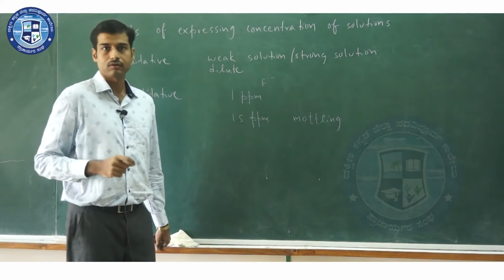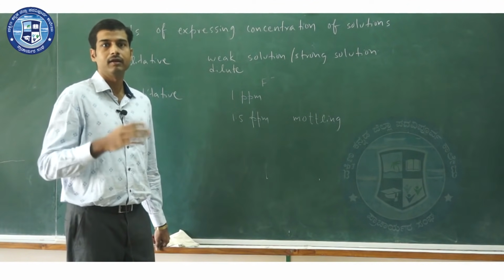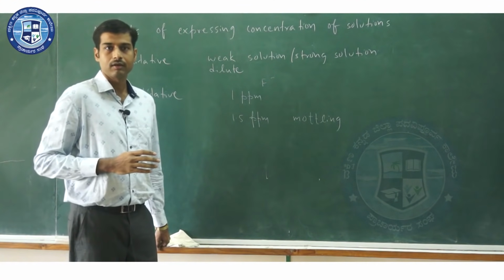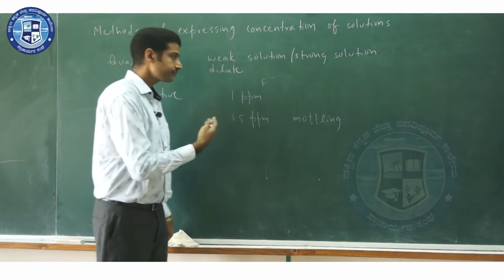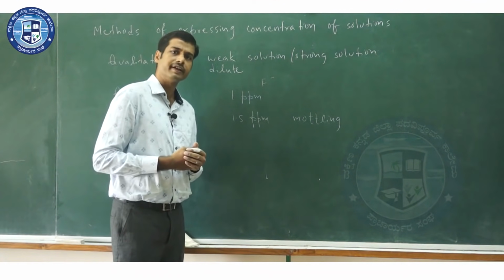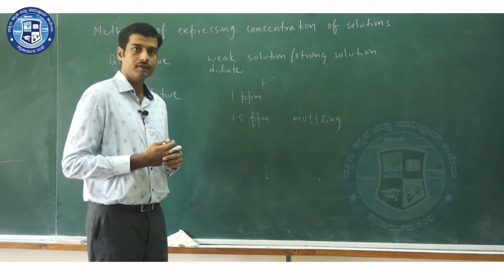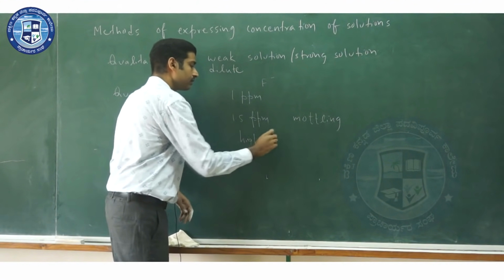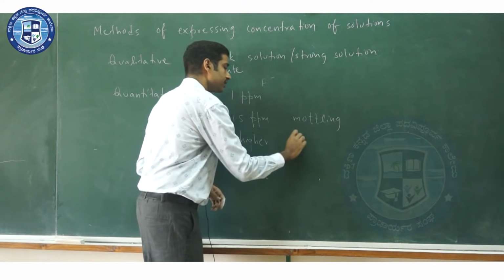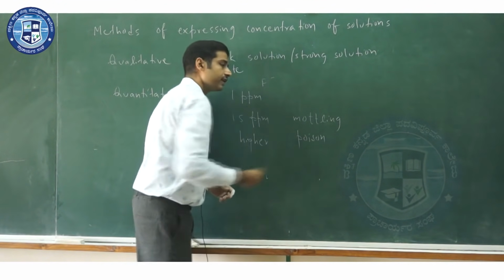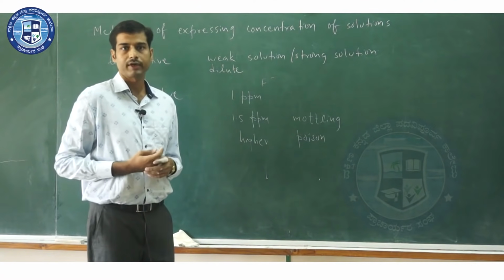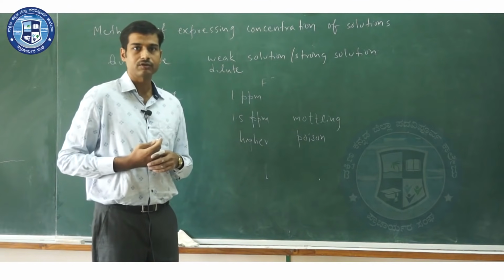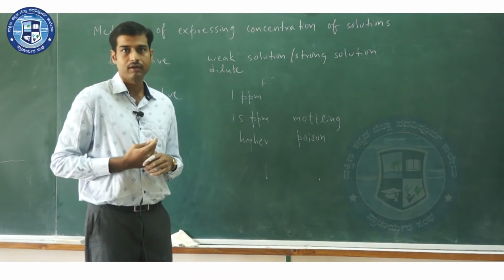So in some regions of our state and country where drinking water contains higher fluoride concentration, people might experience mottling of their teeth, discoloration of their teeth. If the concentrations are even higher, then it might be poisonous. Say in rat poisons, sodium fluoride or zinc fluoride is made use of. At higher concentration, it is poisonous. So knowing the exact concentration, using the exact concentration is very important.